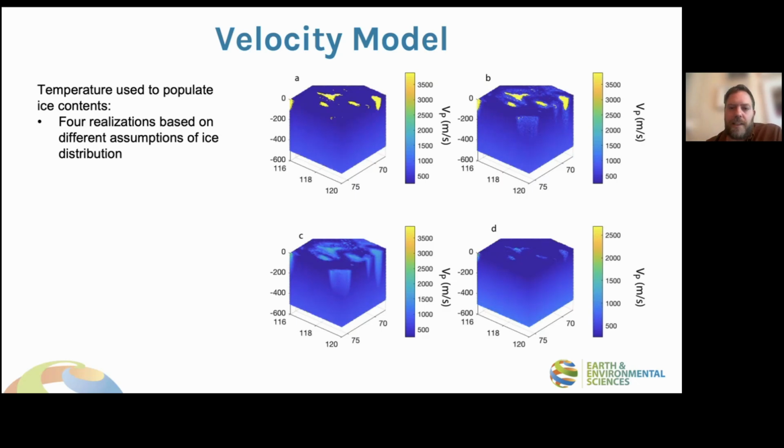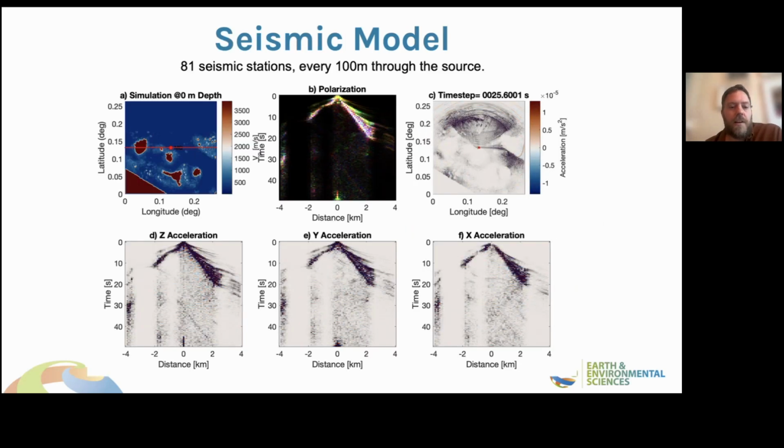And if you head to the next slide, you can see the synthetic seismic simulations that we run, setting up 81 digital seismic stations and putting a source in the center of the model. We can then take a look at the way that seismic waves would interact with the velocity structures that we dictate through this kind of model right here. And you can see in the top right here is a snapshot of a map view of what the wave field would look like 25 seconds after a source. And if you head to the next slide,